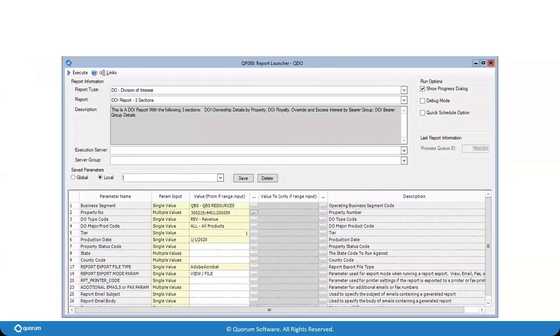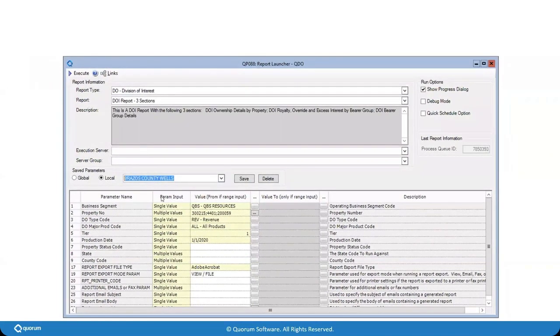And if I'm going through and making some of these complex parameter lists, and this is something I'm going to do frequently, I'm not going to want to have to type this in every single time. So similar to what we saw on the website, we let you put in saved parameters. And so in this box, you can do these globally or locally. So if you want to make it available to everyone across your organization who has access to the report launcher, you can save the parameters as a global, or you can use the local option